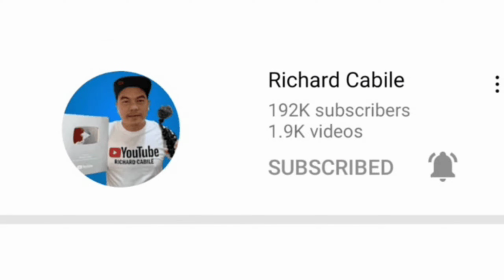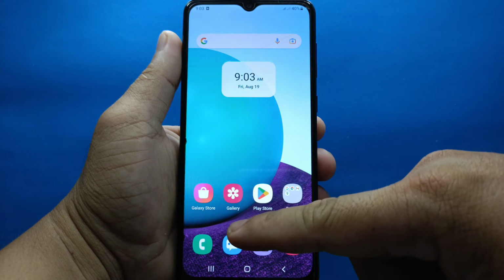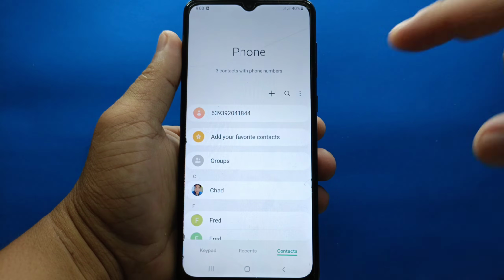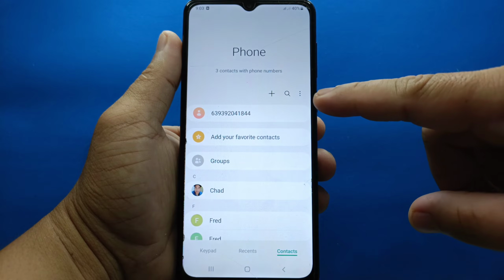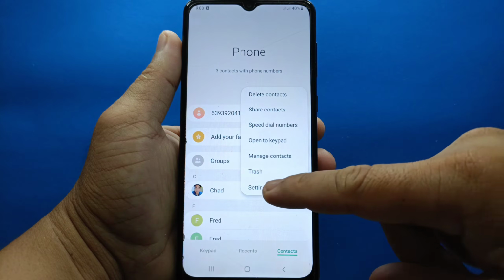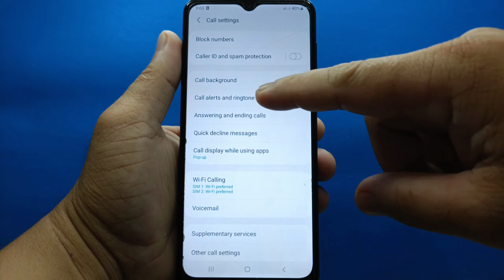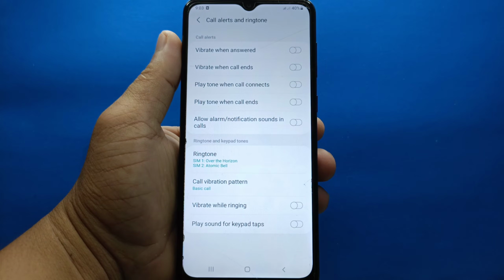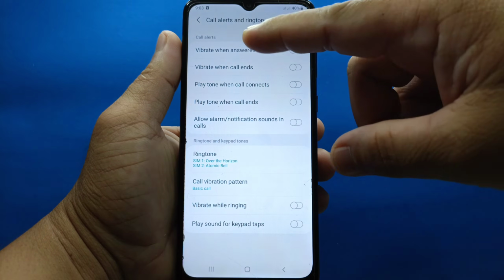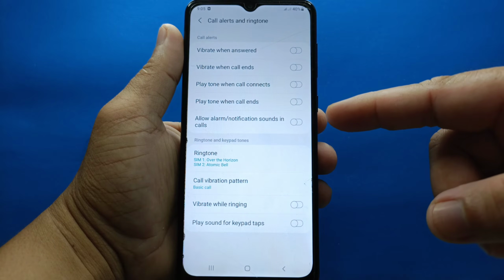Okay guys, let's start. What you'll have to do is go to the phone application on your Samsung Galaxy A02. Here in phone, go to the three dots on the right side of your screen. Tap this, and the pop-up bar shows. Go to settings. In settings, go to call alerts and ringtone. Tap this. Here in call alerts and ringtone, in the call alerts section, you can see the allow alarm notification